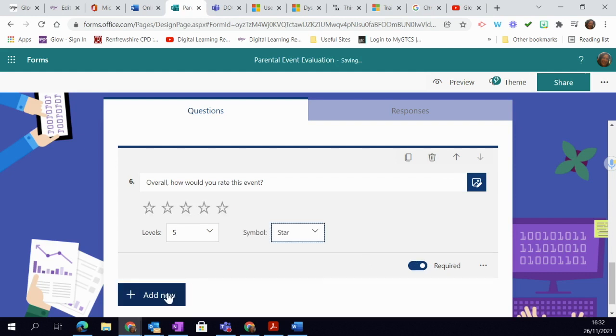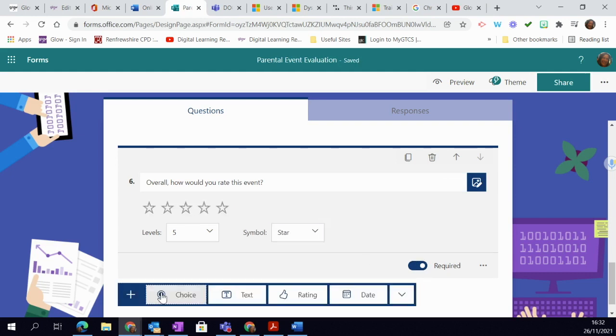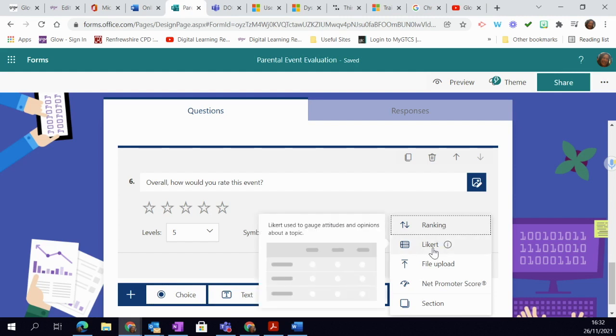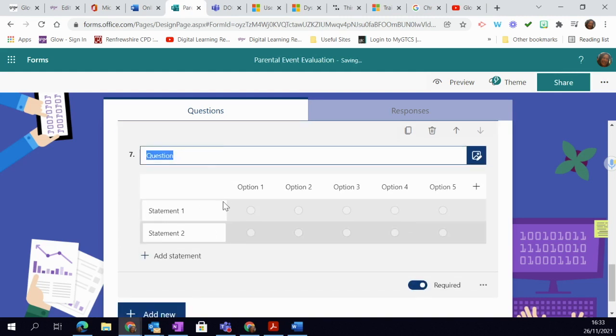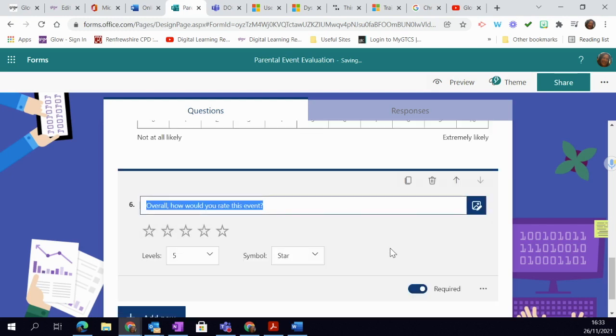Each of these questions was just added using Add New. So that was the choice, a text question, a rating question, and the Likert scale was this one where I simply added in the options. I'm going to delete that one just now. If I want to change the order, I simply click on these arrows up here to move the questions up